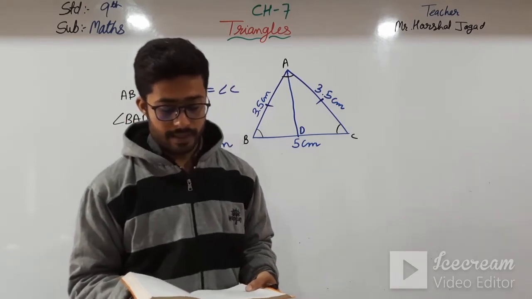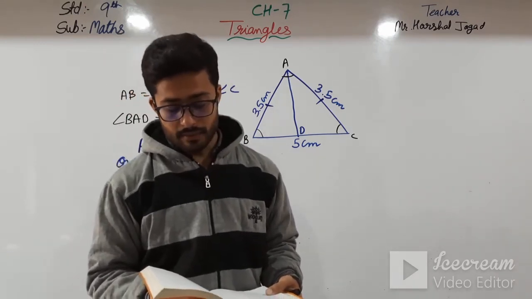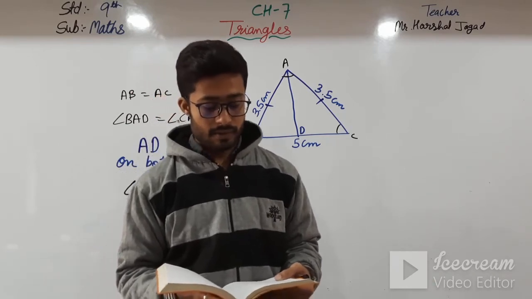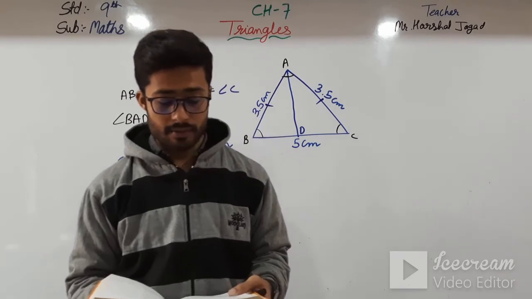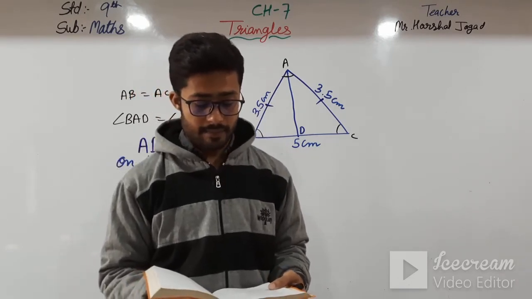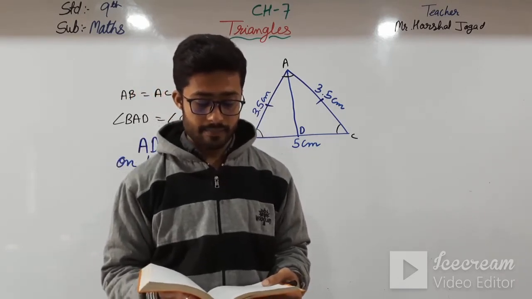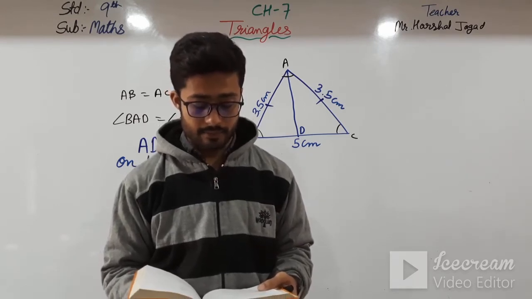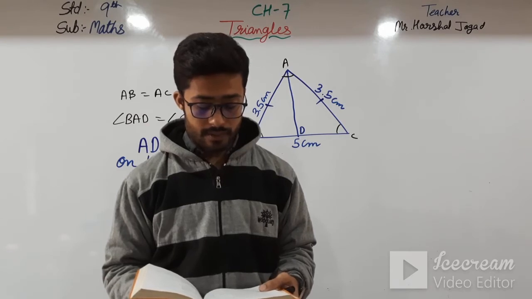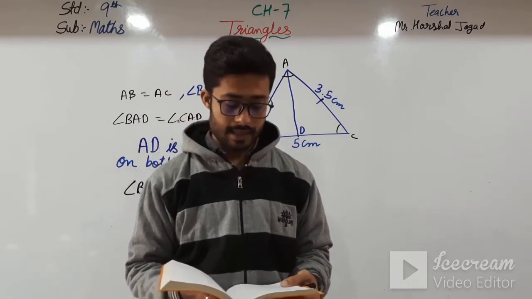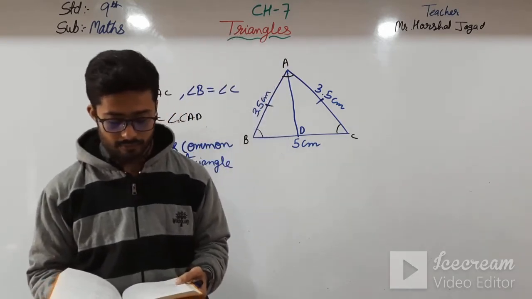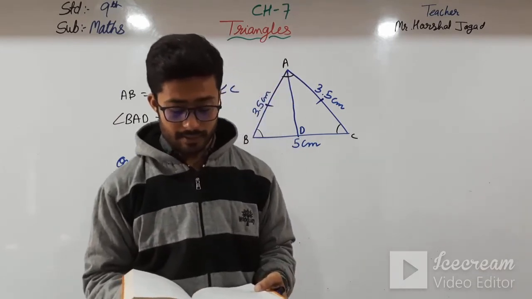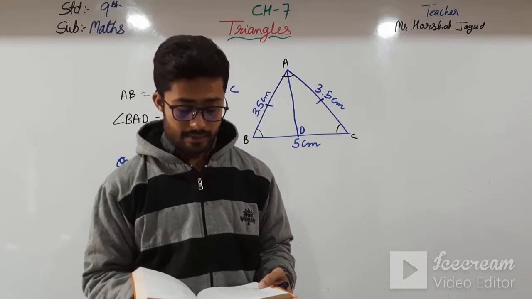and fold it along AD so that the vertex C falls on the vertex B. What can you say about the sides AC and AB? Observe that AC covers AB completely, so AC is equal to AB. Repeat this activity with some more triangles. Each time you will observe that the sides opposite to equal angles are equal. So we have the following. The next theorem is: the sides opposite to the equal angles of a triangle are equal.